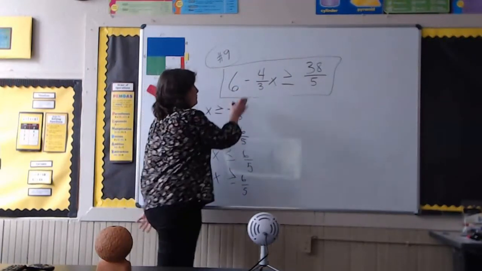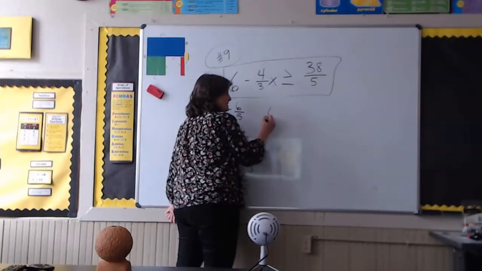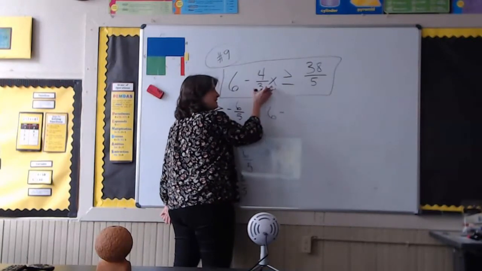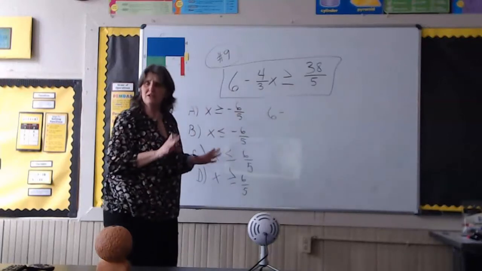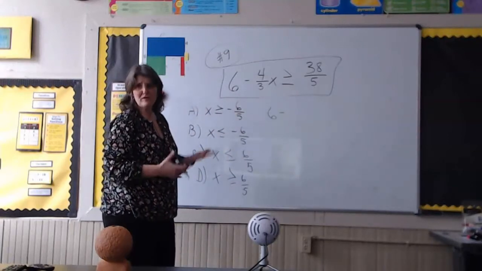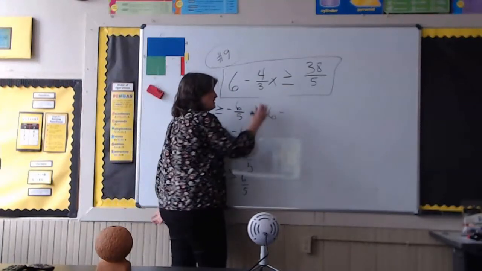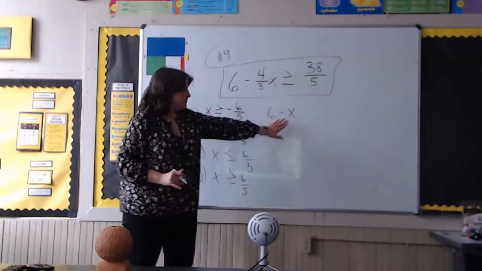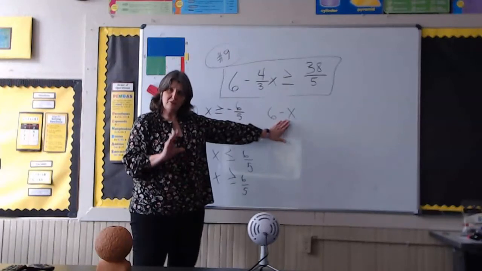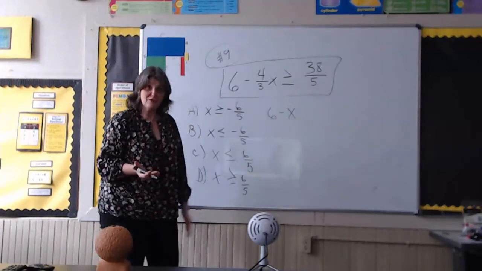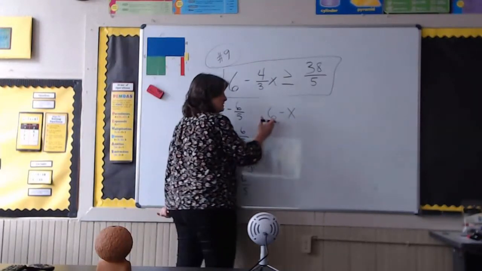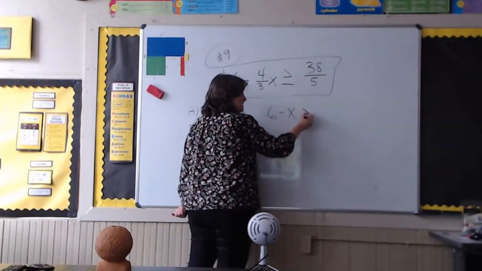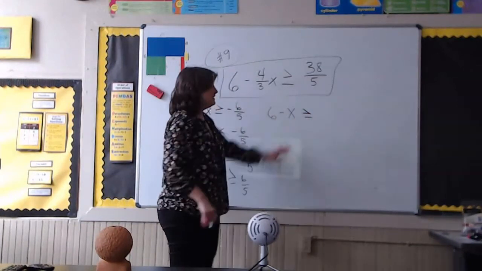If we look at this problem, 6 minus 4/3 is very close to 1. It's a little bit more than 1, but it's close to 1. So we could just say that that's 1, and we're going to leave that 1 out. Every letter really has an invisible 1 in front of it. So we could really say 6 minus x is greater than or equal to,